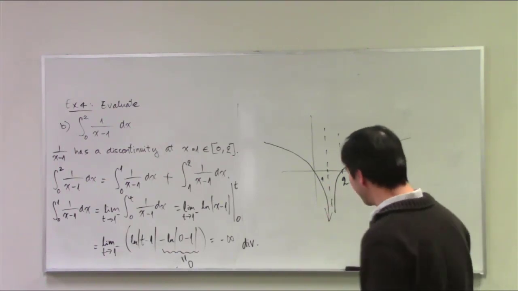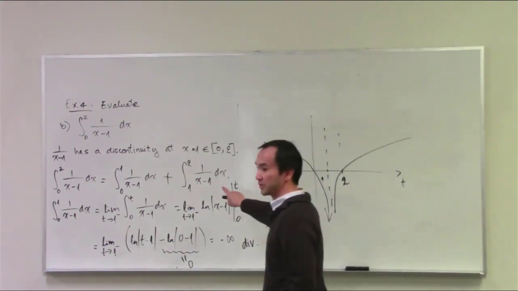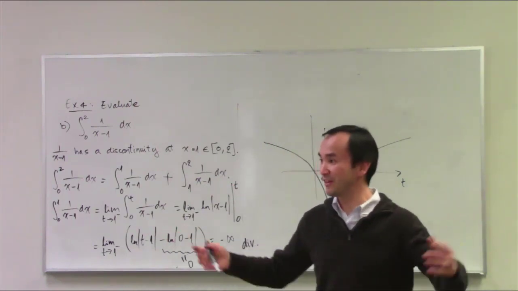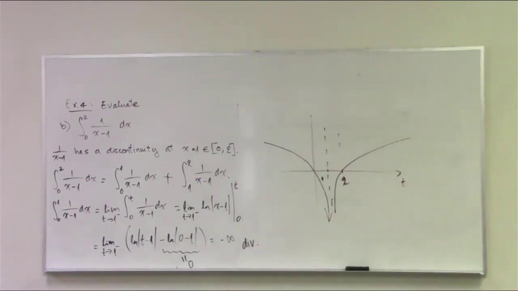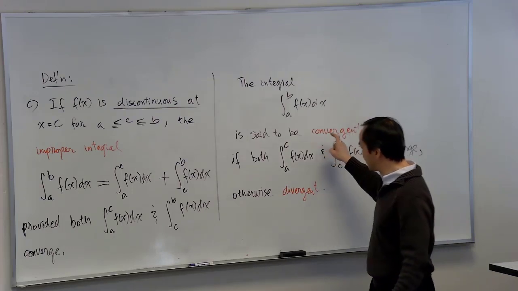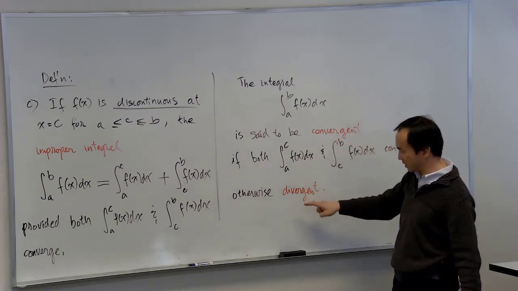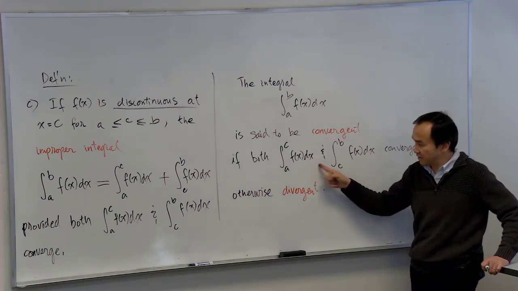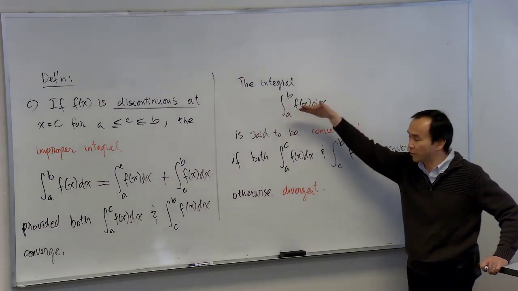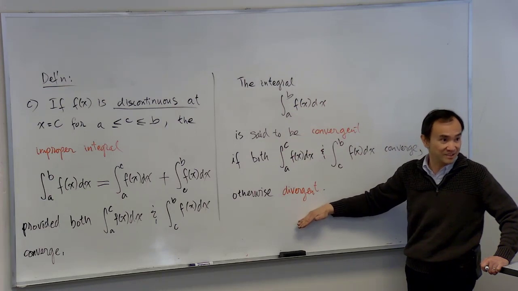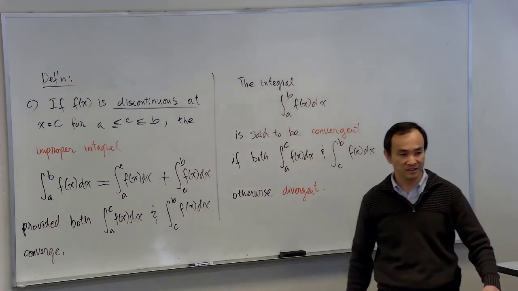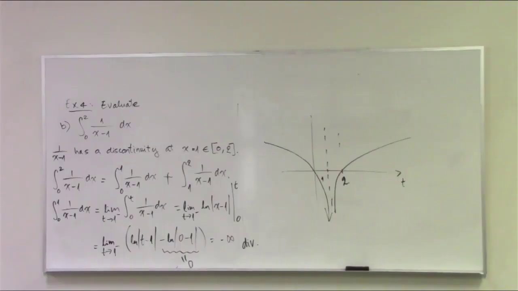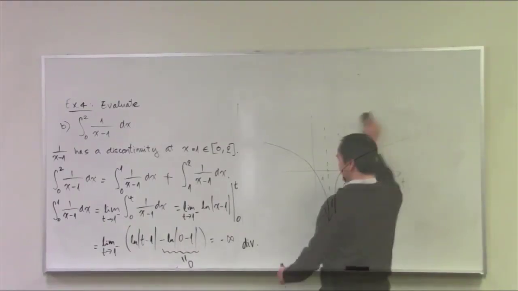Now the question is, do you need to proceed to the other piece here? We don't have to, right? Because the definition here is saying it's going to be convergent if both are convergent, but as long as one of these two diverges, then you can just say that the overall integral is divergent. Because there won't be any answer to add or anything like that, right? So that's why now you can just get back to that problem right there and say,